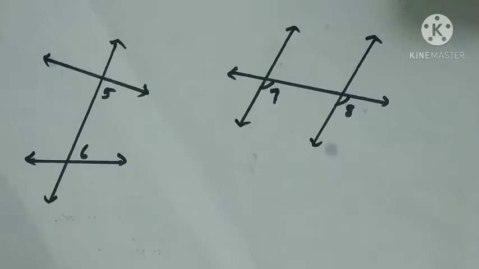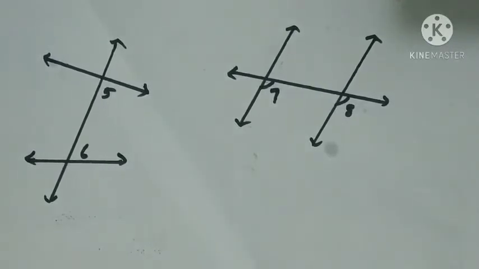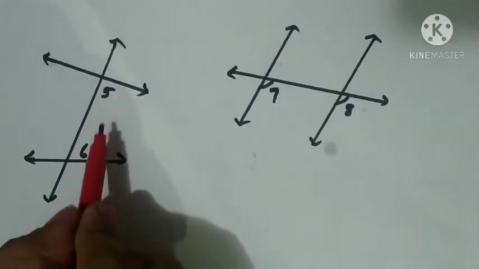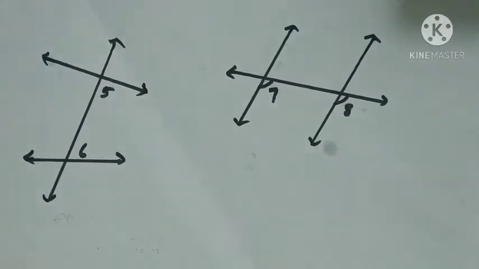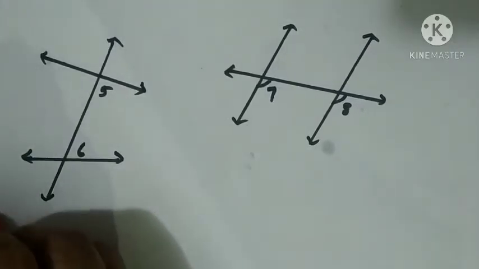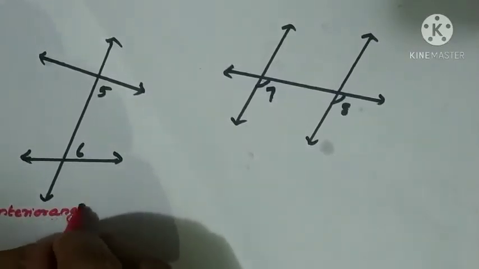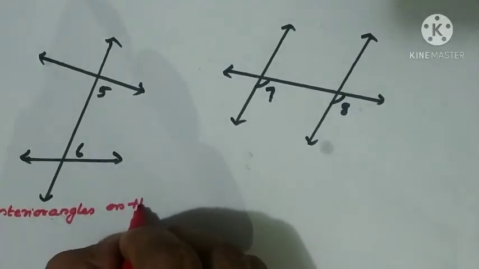I hope you can try this, 5 and 6. Just a second, all of you go through this pair and decide which name we can give for angle 5 and angle 6. Okay, I think you got the idea. Angle 5 and 6 are interior angles only, right? Now angle 5 and 6 are formed on the same side or alternate side of the transversal? You think it is the same side of the transversal. So we can write that they are interior angles on the same side of the transversal.